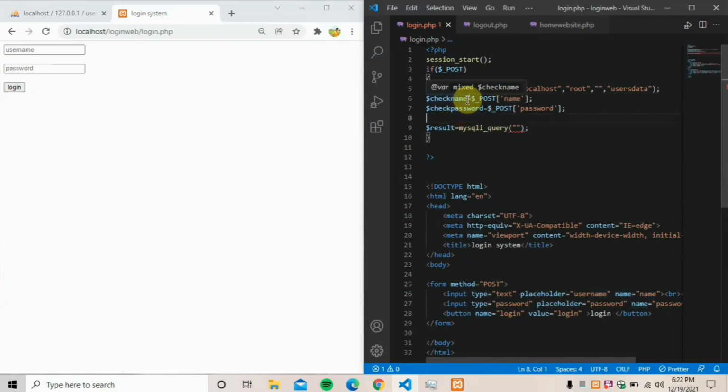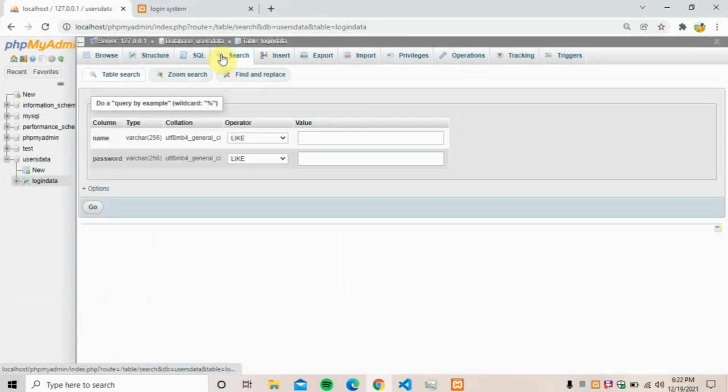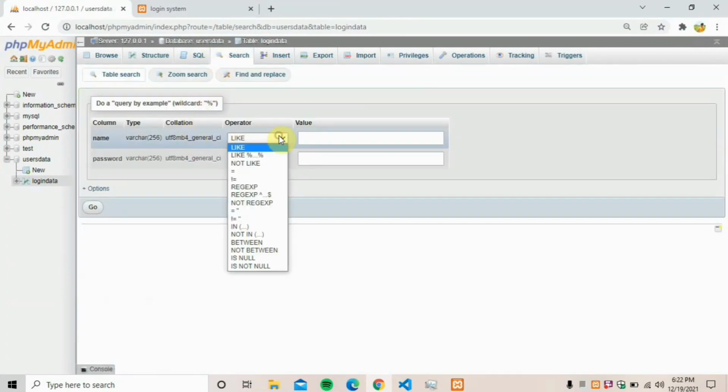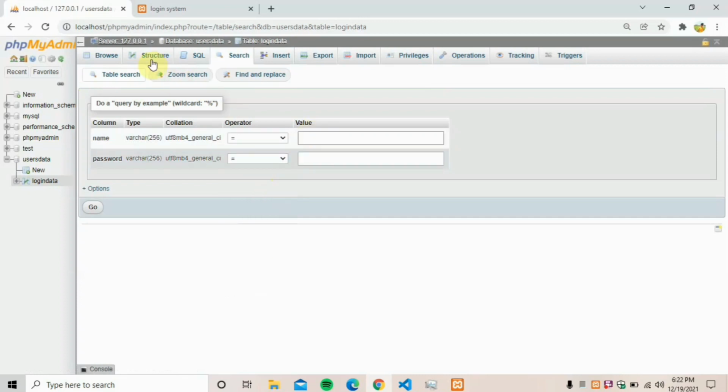So I am saying one more time that the name we entered here is stored in the check name, and we have to check the name against the password in the password list. If the name entered and the password entered match, then the user must log in. So go to the search bar and select is equal to on both,